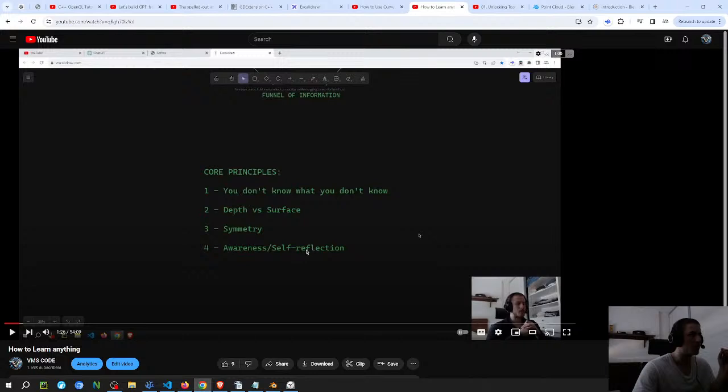And on the actual principles of the thing, the most important, so after you don't know what you don't know. So the first part is you don't know what you don't know, which means you should try to expand the keywords that allow you to understand what you don't know. So first part is try to gain superficial knowledge and look for keywords that will allow you